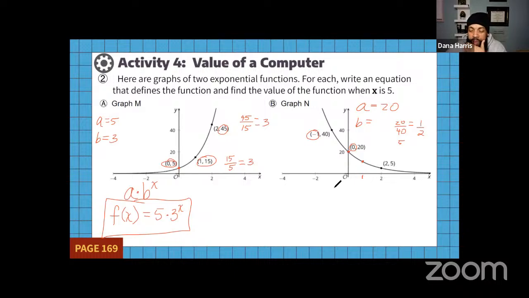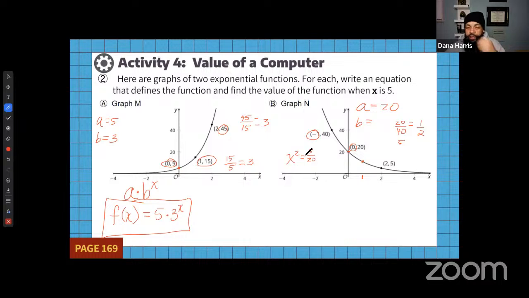Or we could also say, if we want to go from 20 to 5, we can basically say that some number squared, so let's just say x squared equals 5 over 20, okay? And x in this case would represent the growth factor, right? So what this is saying is some number to the second power equals 5 over 20. But we don't necessarily have to do that in this case because we already see that the growth factor is 1/2. If you notice, I go from 40 when x equals -1